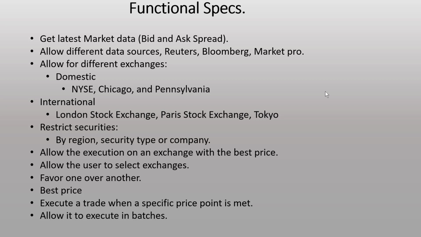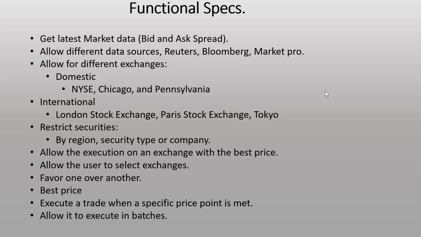Well, anyway, the next thing is to allow the user to select exchanges, favor one over another, get the best price, and execute a trade when a specific price point is met, okay? Allow it to execute in batches. So there's a whole bunch of stuff in here. How do we get a handle on it? How do we actually start? Well, based on these specs,